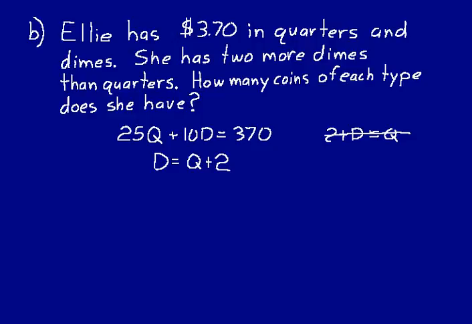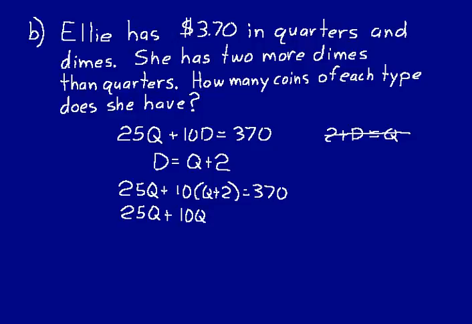the first one. And so we'll have 25Q plus 10 times (Q plus 2), and that equals 370. And then we'll expand this out. 25Q plus 10 times Q is 10Q, and then plus 10 times 2 is 20, equals 370. Okay, so then let's go ahead and subtract 20 from both sides there, and then we'll add 25Q and 10Q, so that would give us